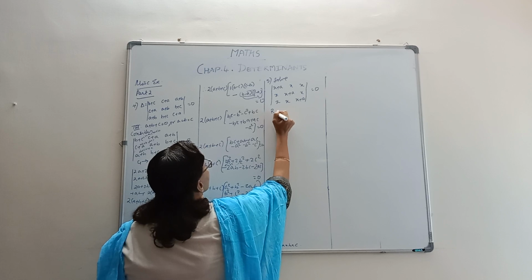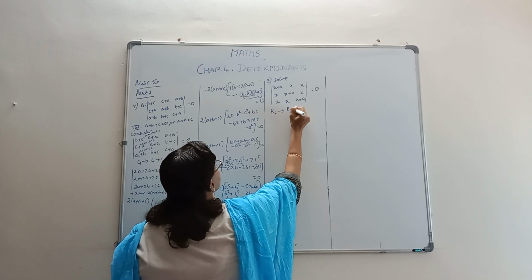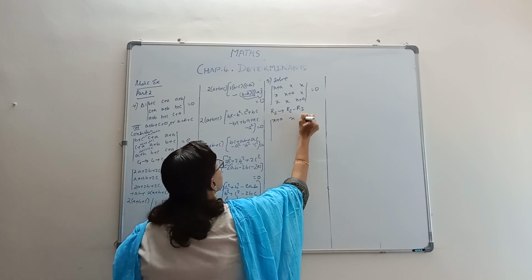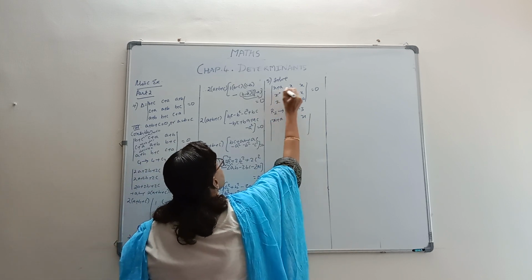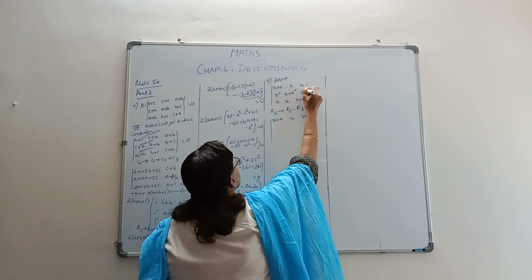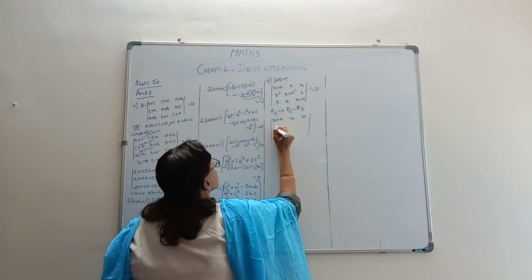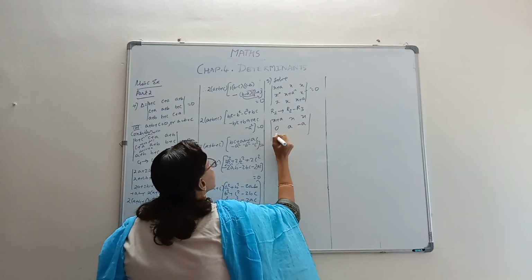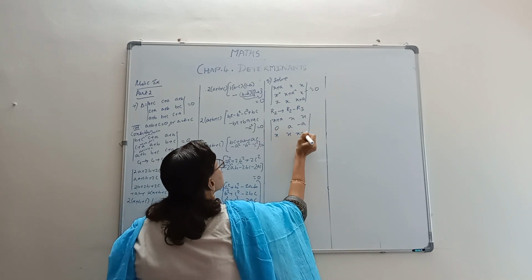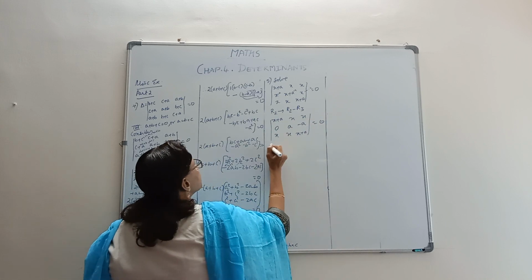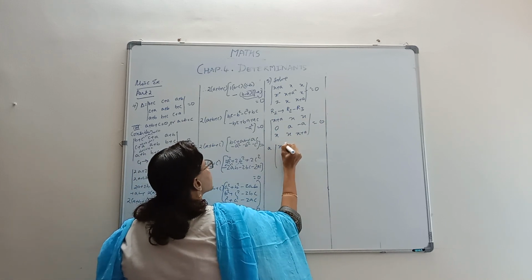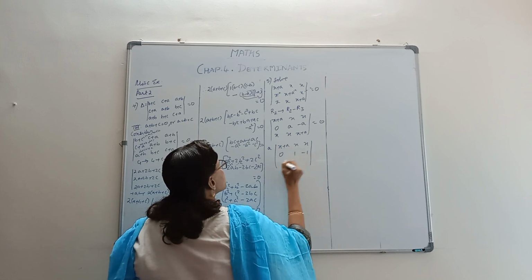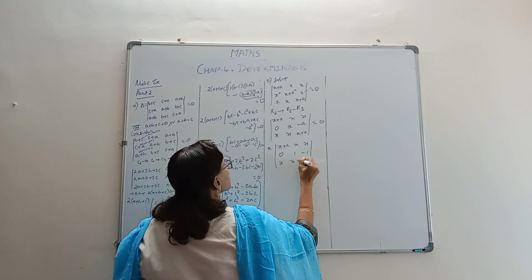Right away, let's go in for maybe R2 becoming R2 minus R3. Let's check how it is coming. X plus a, x, x. So here minus x, minus x, minus x, minus a. So what will come? 0, only a, and x is gone, minus a. X, x, x plus a equal to 0. You could have the a coming out. If the a comes out, x plus a, x, x, 0, 1, minus 1, x, x, x plus a equal to 0.